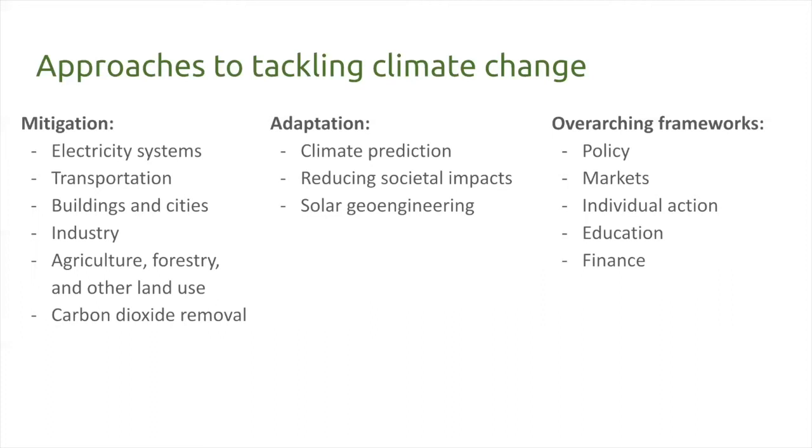And then finally, I talked about this balance between incoming radiation and outgoing radiation causing climate change. There are some approaches, solar geoengineering, that try to increase the amount of solar energy that's reflected out of the Earth's atmosphere from the get-go, in order to make that incoming arrow of how much energy is coming into the Earth smaller, and as a result avert warming. There's a lot of uncertainty around this, and Kris will get into this later. But this is another method that's usually thought about within adaptation.